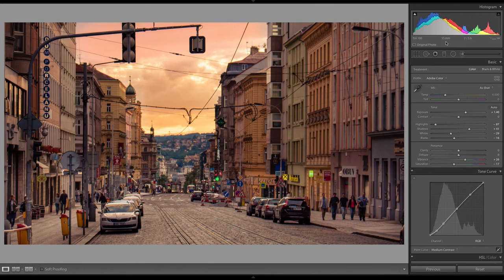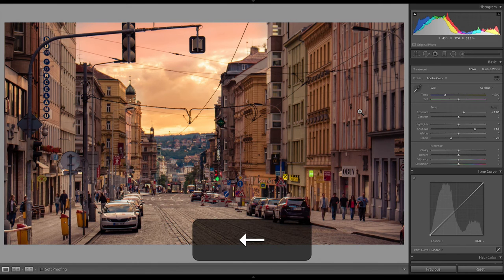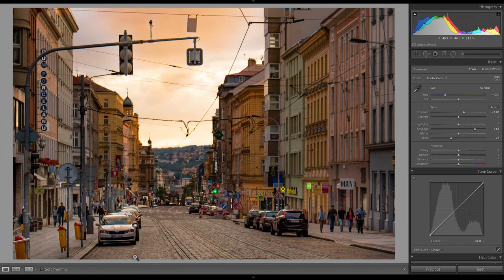So this is an architecture style shot of not just one building, but an entire street. The architecture is really what drives this photo. It drives the colors of this photo. I tried to make sure that I matched the sky with the buildings. One more thing that I did with my previous edit was I added a little bit, it's pretty subtle here, but I added a little bit of this gold from the sky into the ground down here.